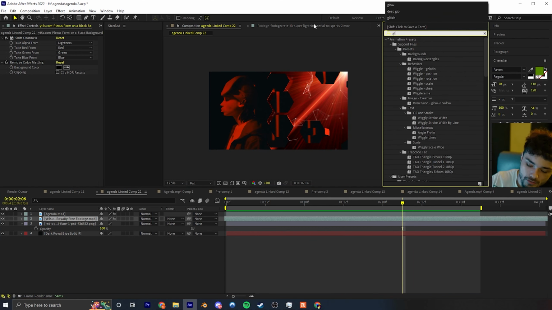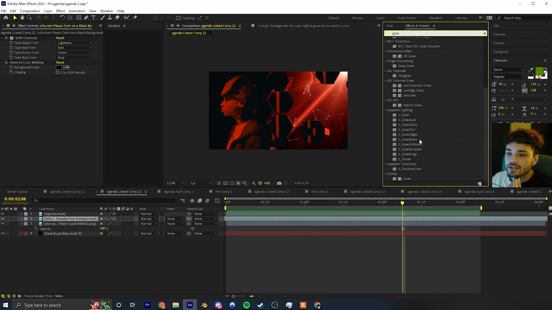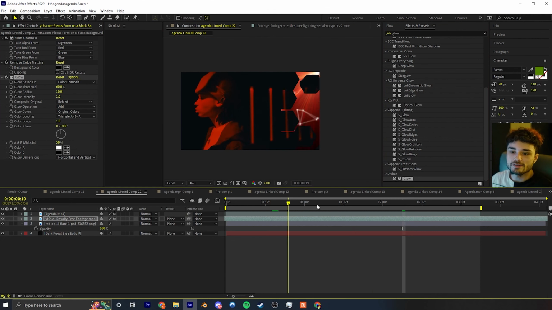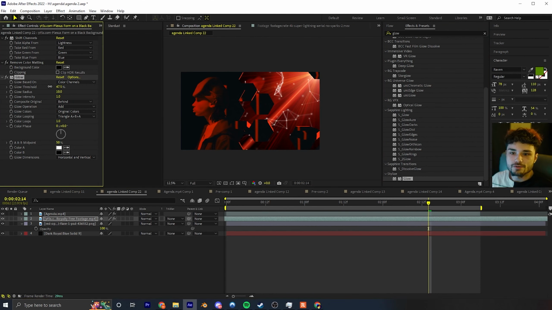So if you just type in glow, I'm pretty sure I used a plugin called Optical Glow from Red Giant. I think it is free, so check it out, but I'm going to use just regular glow for people who don't have plugins. Go ahead and drag that onto our data footage right here. You can see it brightens up a little bit. I'm going to increase the radius, increase the intensity,